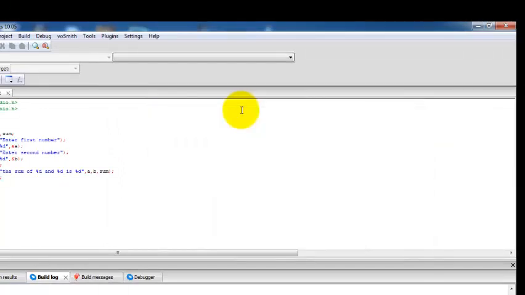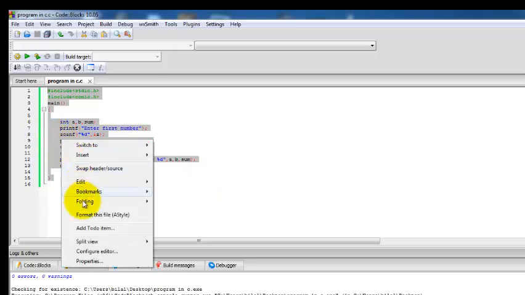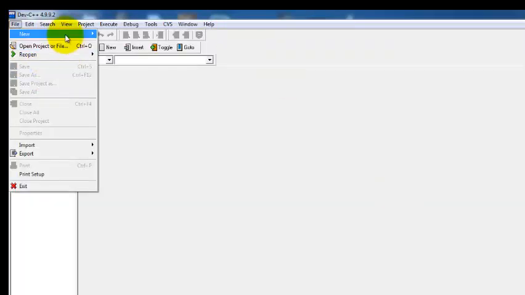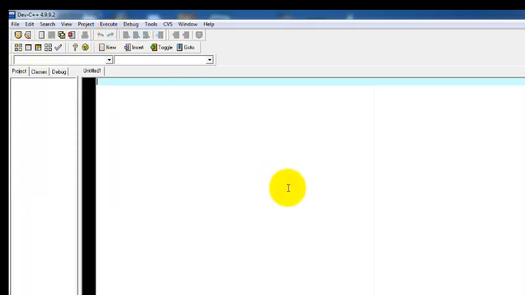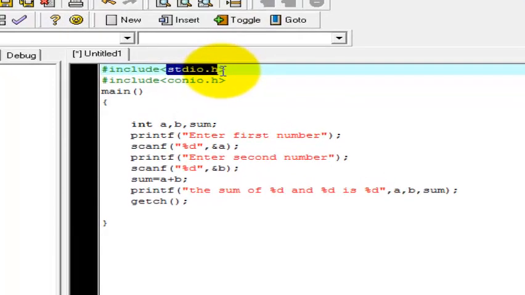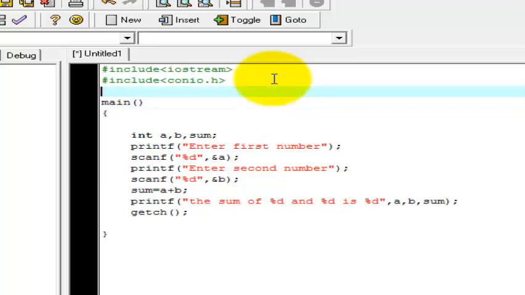Now I have to copy this whole code with Control C. You can copy this program and go to Dev C++, and again go to File, New, Source File, and paste the whole code here. I have to make some changes here. This header file does not exist in Dev C++, so I have to write iostream, but just iostream. And another line I have to add here is using namespace std;